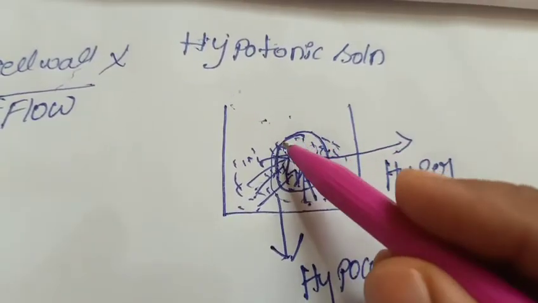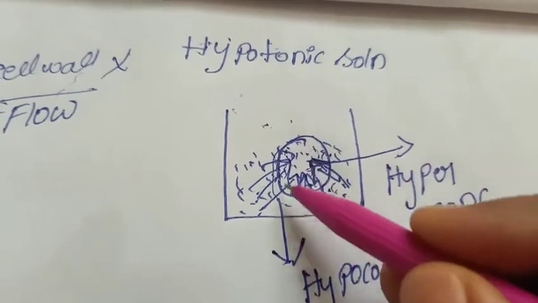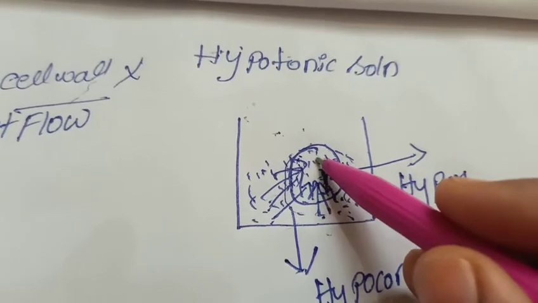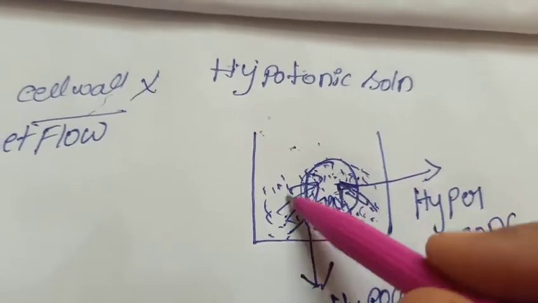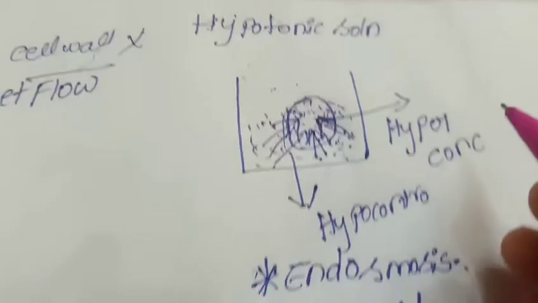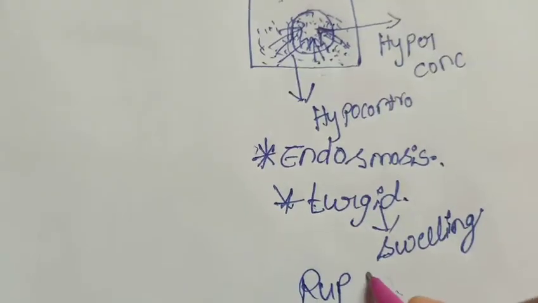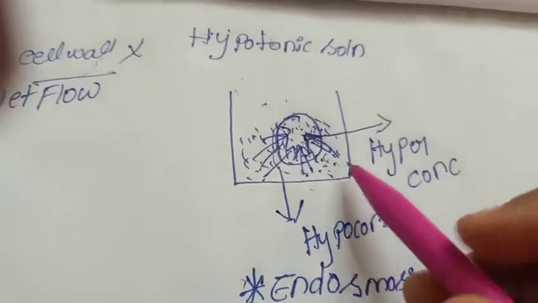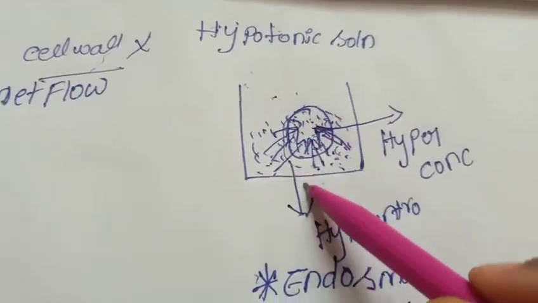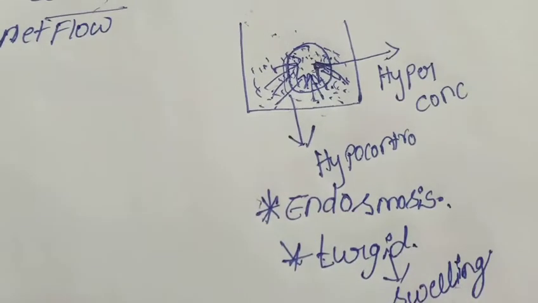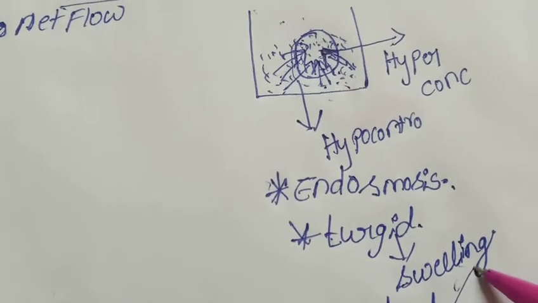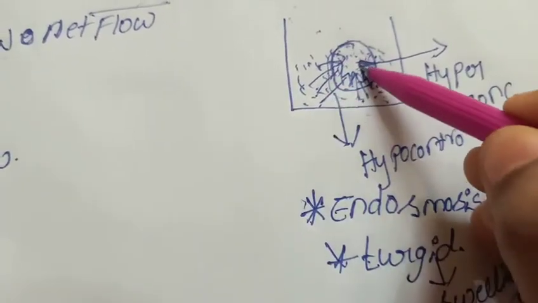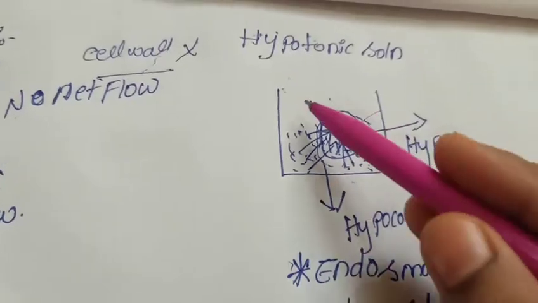We know that the animal cell has no cell wall or any membranes which protect the cell. So what happens if it takes a large amount of molecules inside the cell? Then the wall and the cell will be ruptured. That means when the water molecules enter inside the cell, first the cell becomes turgid and swells, the walls will be ruptured and the cell will burst. This is about the hypotonic solution.